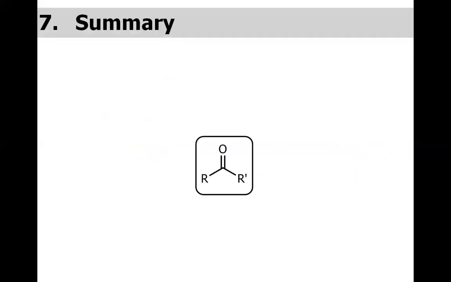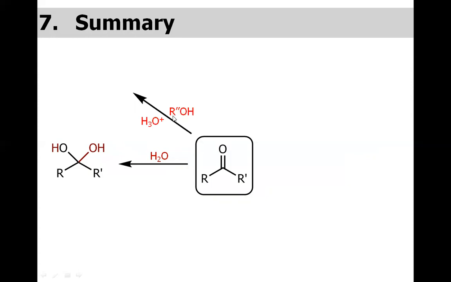So in summary, if we add water to an aldehyde or ketone, and specifically in the case of formaldehyde, we have the formation of a gem diol, geminal diol, that is called the hydrate. If we add the alcohol in the acidic medium, we have the ketal or acetal. And if we add the alcohol simply not in the presence of acid, we have the hemiacetal or hemiketal. We have shown two molecules here because this is called hemiacetal, which is halfway to the full acetal.